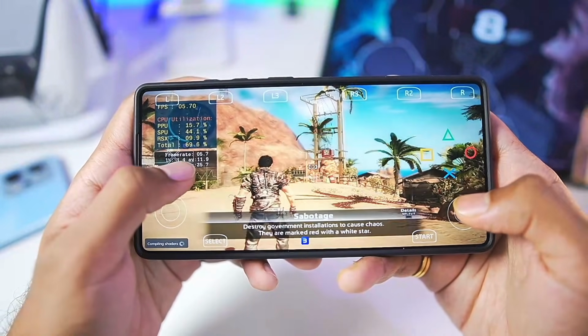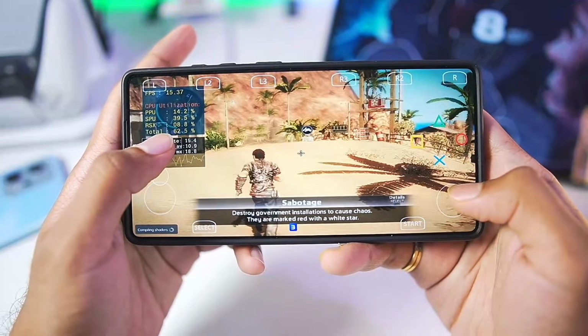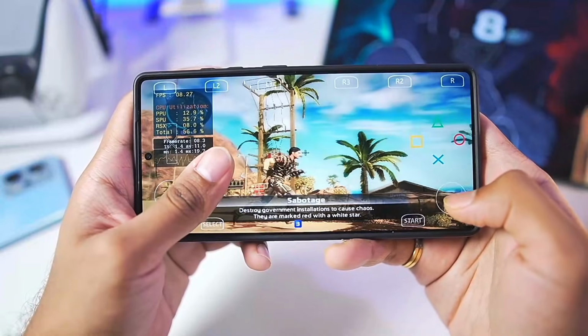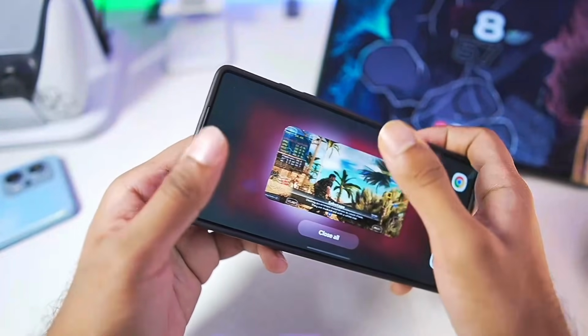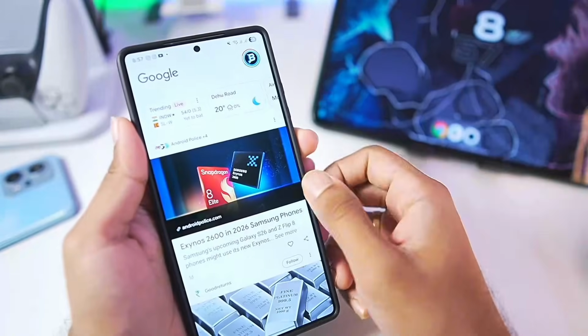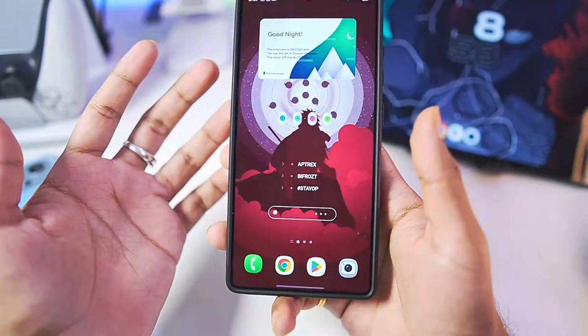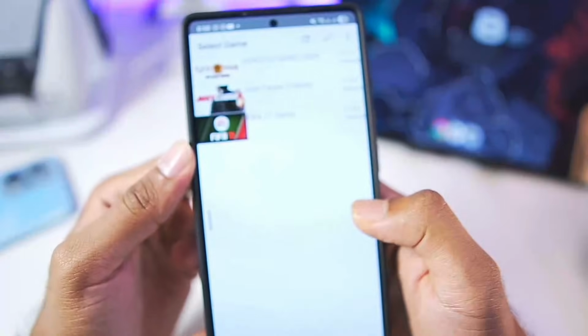But unfortunately, the device is also heating up quite a lot. So there are heating issues present inside the APS3 emulator, at least on flagship devices, and I don't think it is safe for me to emulate PS3 games anymore because my device has literally heated up so much. It's uncomfortable to hold it right now. You need to have a very strong cooling device if you want to emulate PS3 games inside APS3 or the